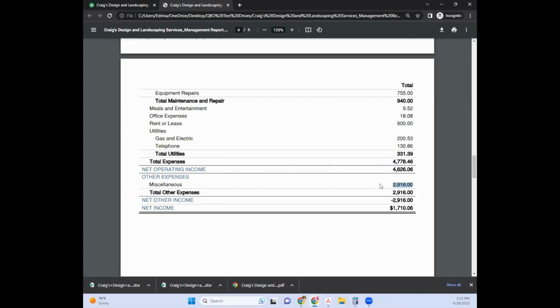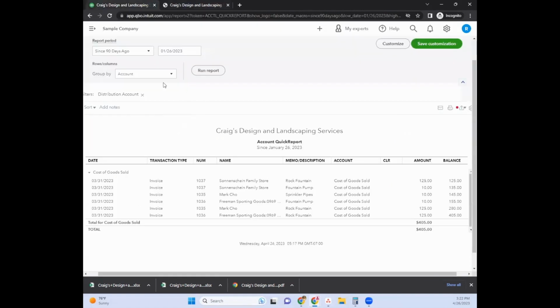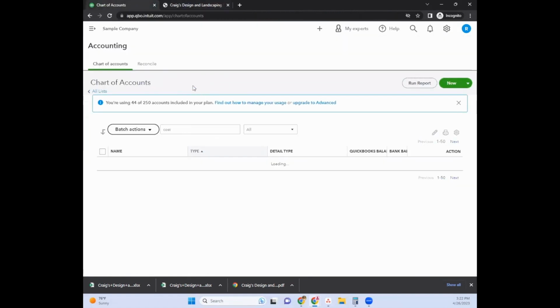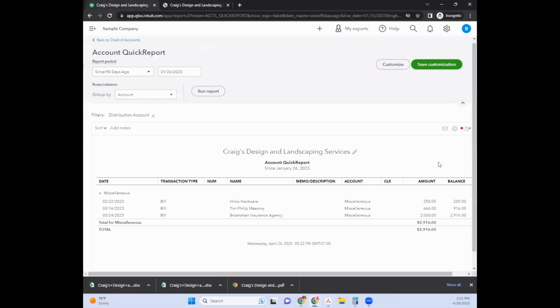and to see if it needs to be coded to a different category, because we really don't want to be coding things to a miscellaneous category. So I'm going to go back to the chart of accounts and take a look at the miscellaneous account. I'm going to run the report and let's see. Okay, so there is a $2,000